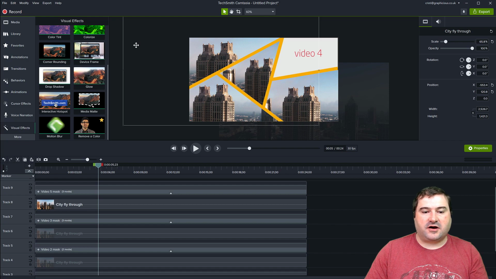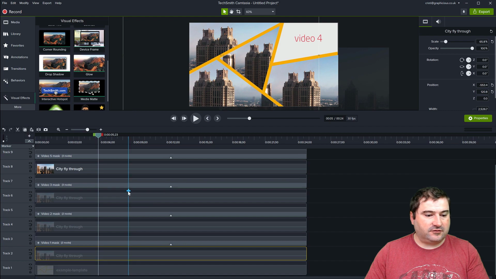So as you can see here, I've already added 4 clips. It's the same clip, but of course you can add your own clips in each one of these and position them. So in my timeline here on the tracks, you can see they are all stacked like this. I still have number 4 to do, but you can see video 1 mask has video 1 on it. Video 2 mask has video 2 just underneath.